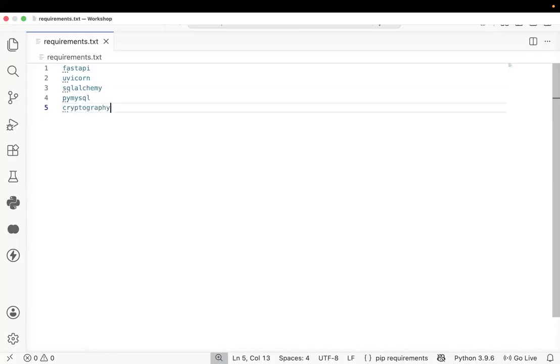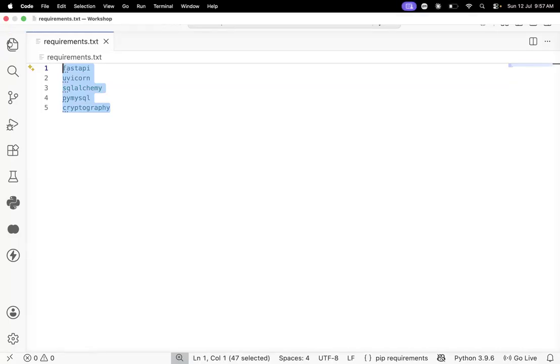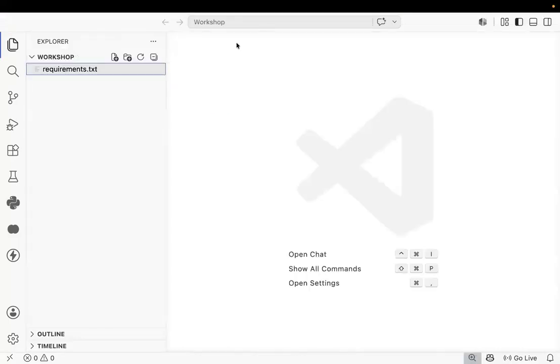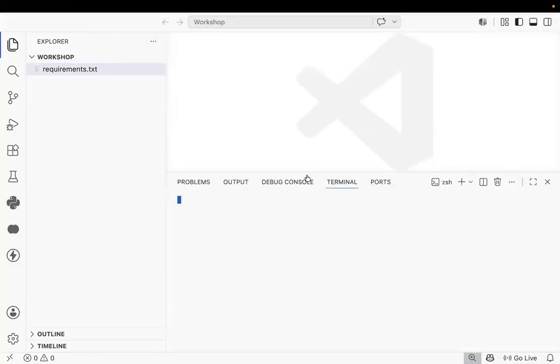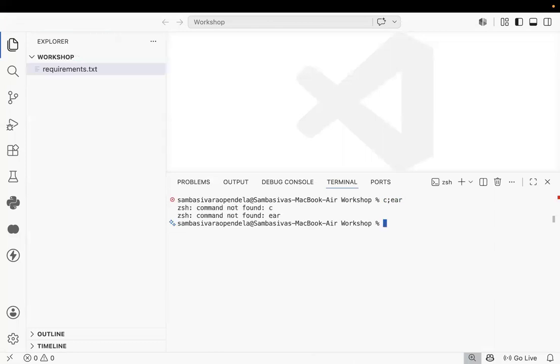Team, totally how many libraries do I need to download? Respond. Totally how many libraries do we need to download? Five libraries, na? We need to download five libraries here. What are the five libraries? We need to download them. Fine. Team, check this one here. Can I open the terminal here? View, next one is the terminal. After opening the terminal here,